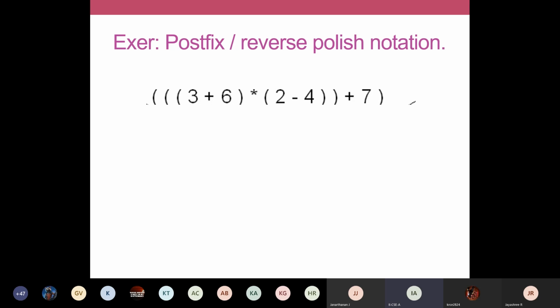Give the answer in the chat box so that others can also refer. Anybody who has solved, give the answer in your chat box. Write the postfix notation for this expression. So in all these above examples, you can find out that your expression might have either values or variables like ABC. I think it won't take too much time. You can give the answer very quickly. Only 4 operators are there.